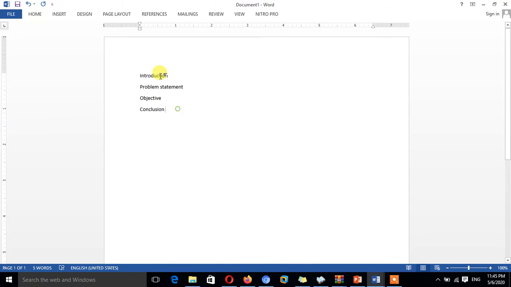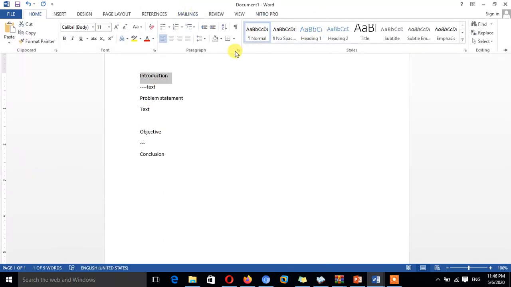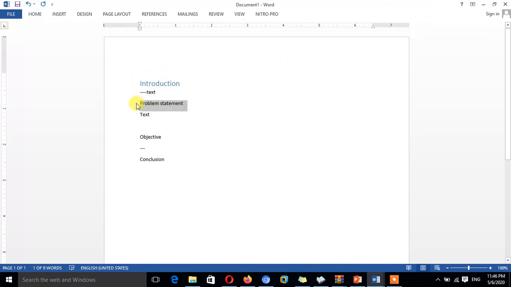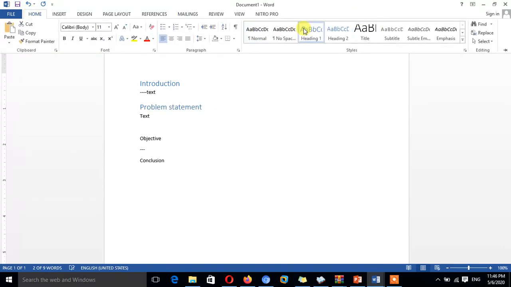Then your text will go here. So you have to select the heading, go here, and select the heading style you want.